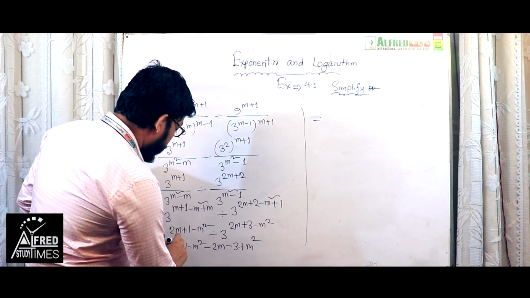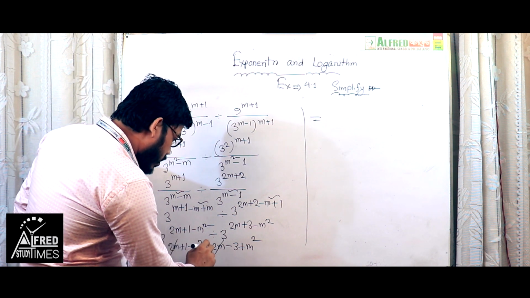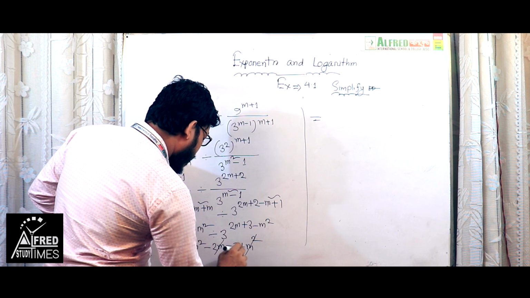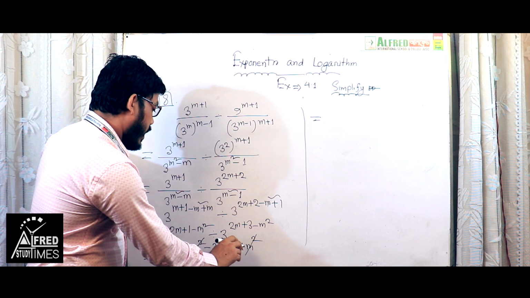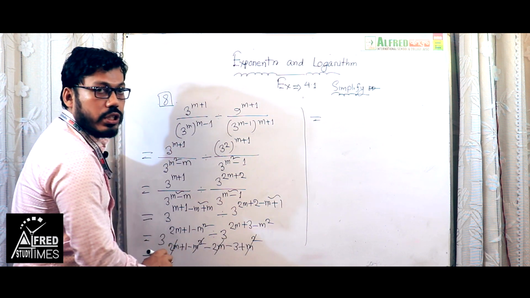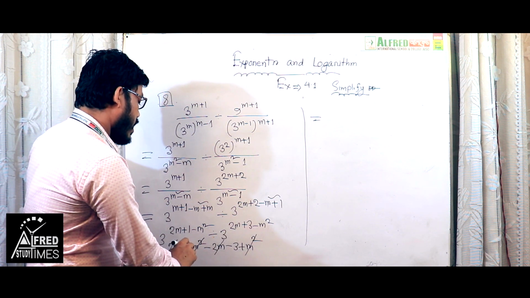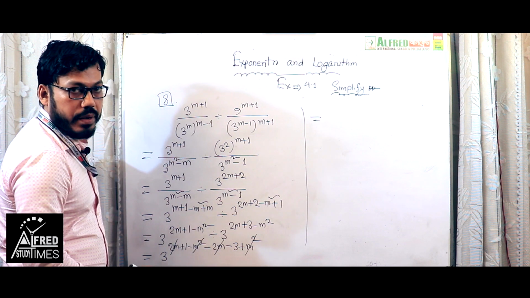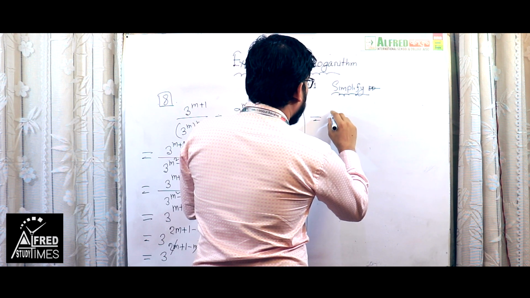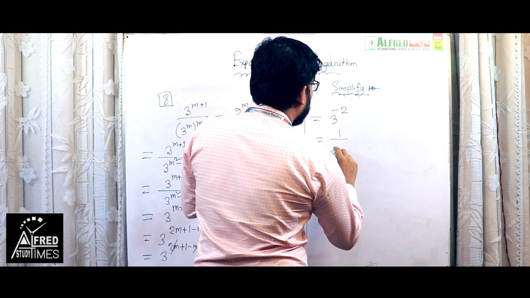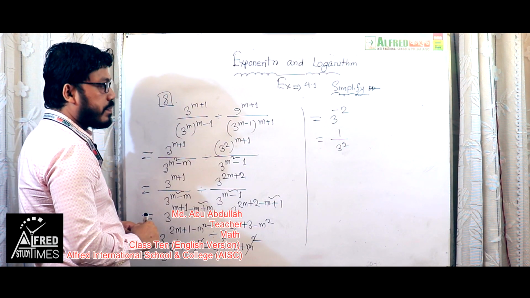2m with plus sign and 2m with minus sign can be vanished. Plus m square and minus m square also can be vanished because they are same element but having opposite sign, they vanish each other. Plus m square and minus m square, plus 2m and minus 2m all should be vanished. Finally, we get minus 2 as the power of only one base 3.